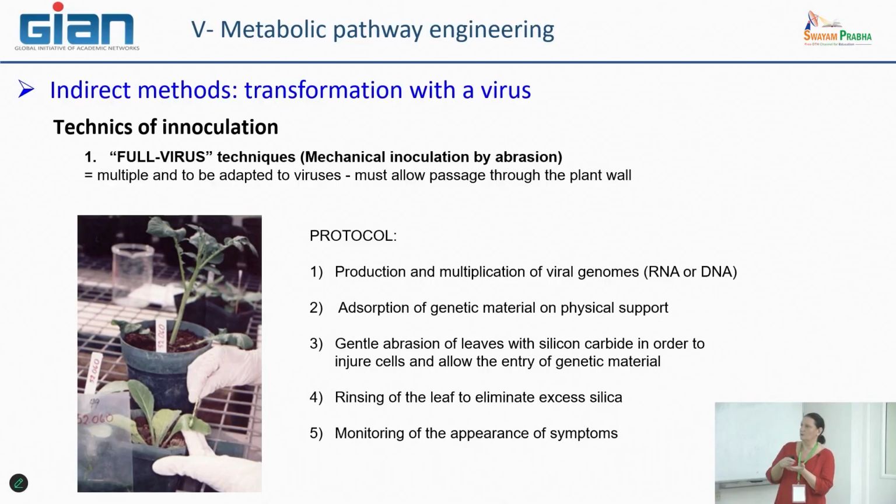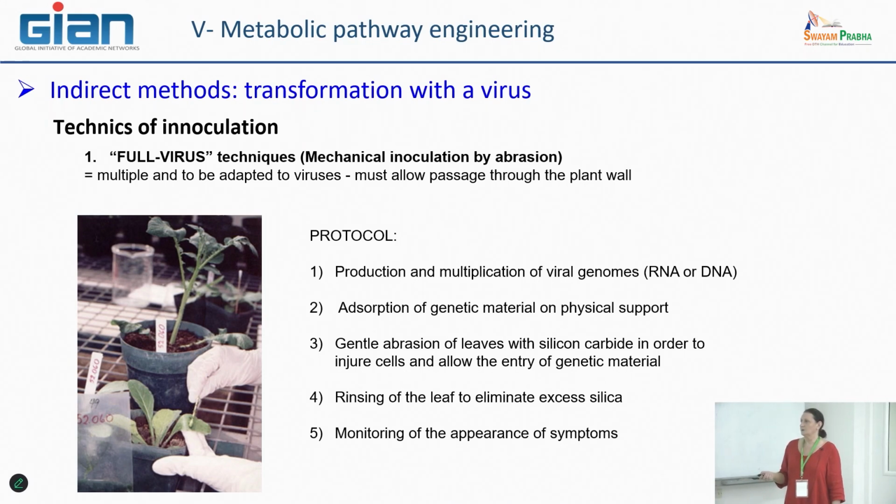So in this way, you take, as you said, some silicon carbide. You make some physical damage to the external layer of the plant cell, mainly the cuticle, and also the epidermis. After that, you can put some particles inside, and in this way they could be diffused in the leaf by plasmodesmata, and after that in the whole plant by the same system, phloem or plasmodesmata.